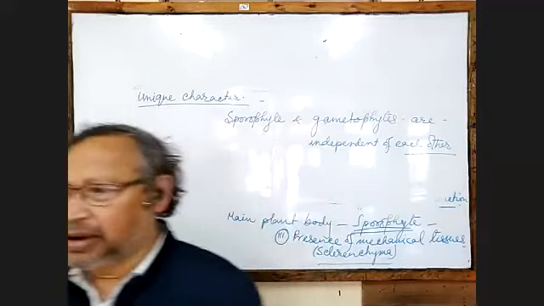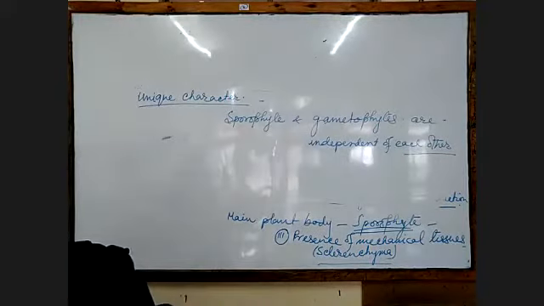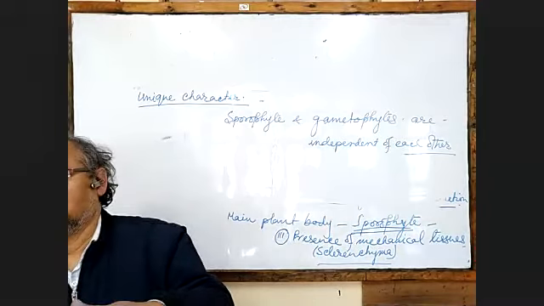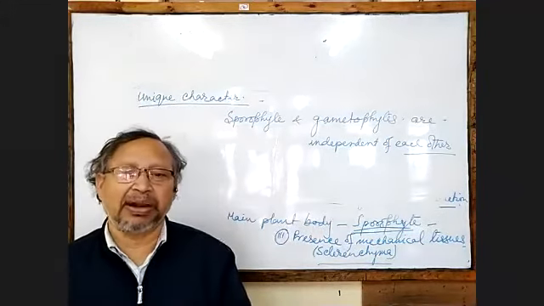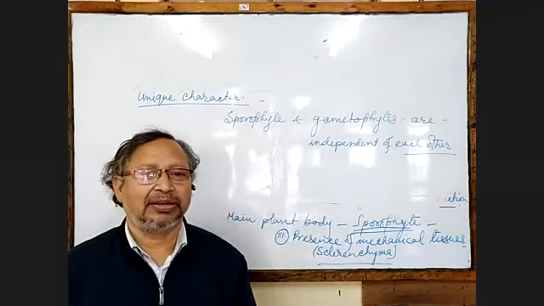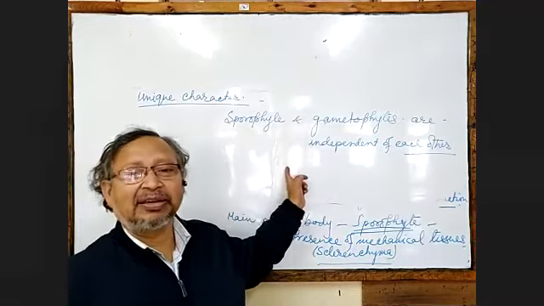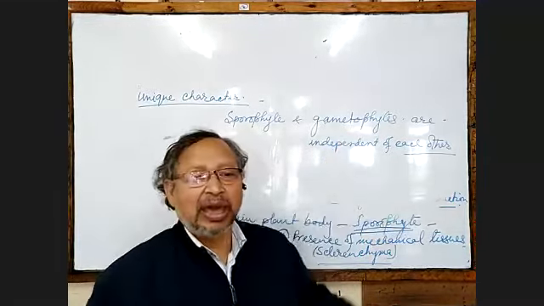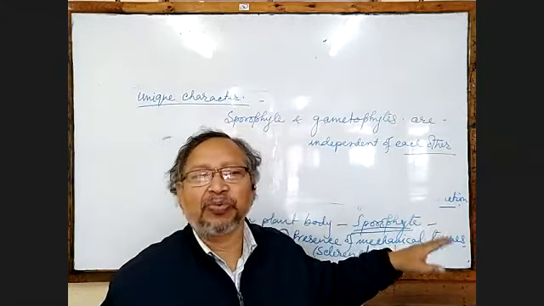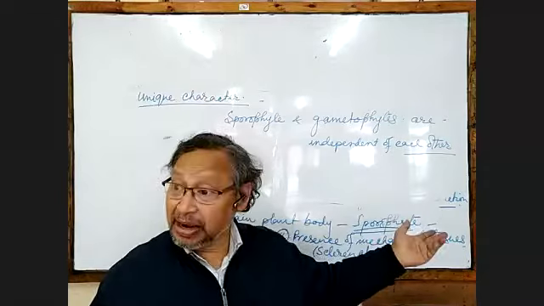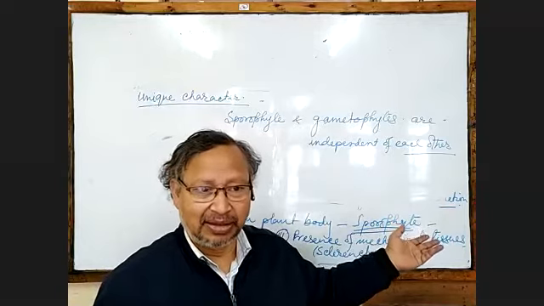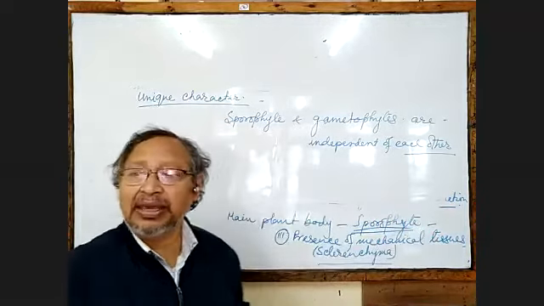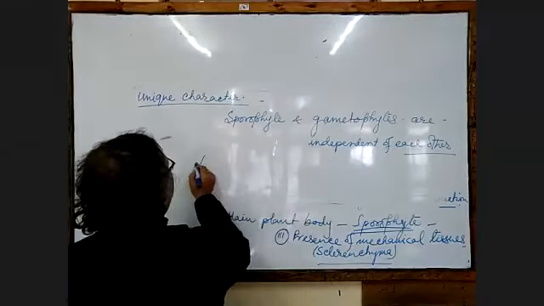In case of bryophyte, the sporophyte is dependent on the gametophyte. In gymnosperm and angiosperm, the gametophyte is fully dependent on the sporophyte. But pteridophyte is falling in the middle, where both the gametophyte and the sporophyte are independent and more or less both having a dominance. And that's why their life cycle is